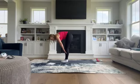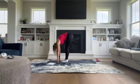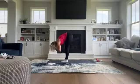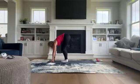We're going to come to a little bit of a forward fold. And from here, just give your neck a little shake. Maybe that's a yes. Maybe that's a no. Maybe it's just a little circle. Just loosen up those neck muscles. Beautiful. I came to the top of my mat as I turn, so I'm going to step back,